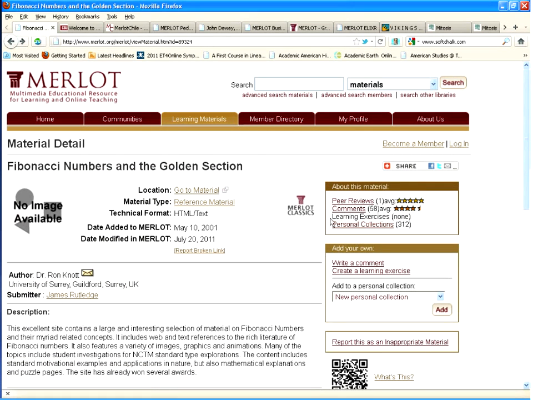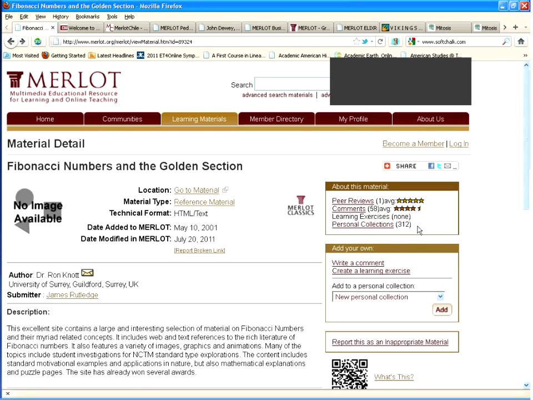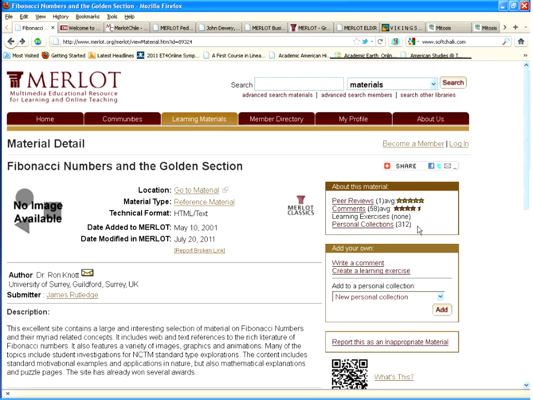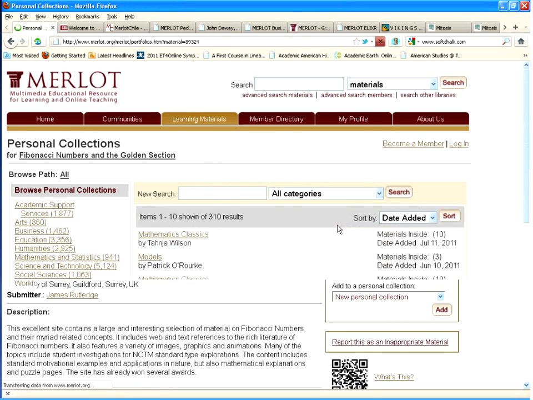So now I'm going to go back to the Fibonacci numbers. And one other thing, there are also learning exercises, which are exercises that somebody has created specifically for this material, and we don't happen to have any. But the personal collections, there are 312 personal collections, and what that really means is that 312 people said, wow, I like this, I want to come back to it, or I want to use it in my class. So we can click on these personal collections,